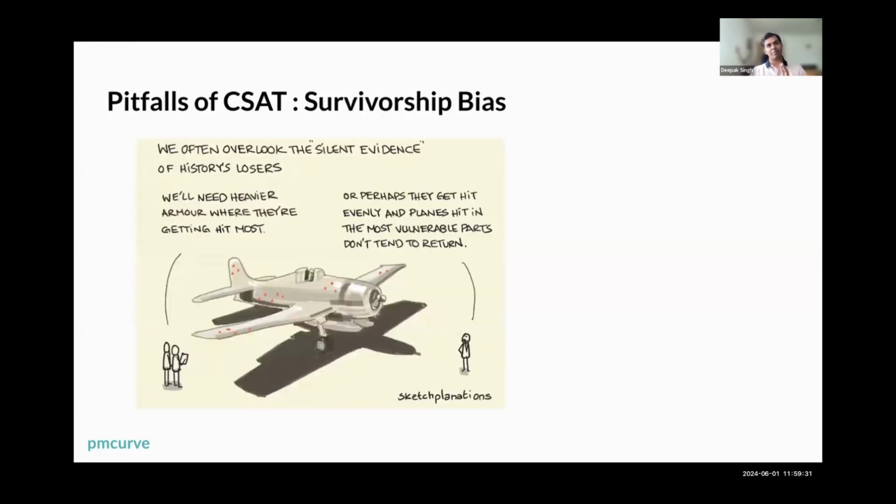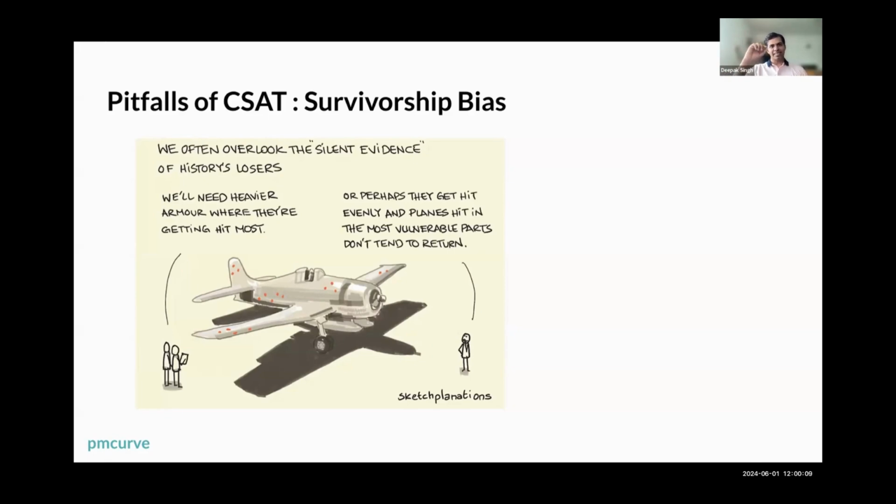The second is survivorship bias. And this is a very interesting story, which I wrote about three years back. It's from World War II, when the planes of the Allies went to war, then came back, and they were trying to figure out what the weaknesses were. They said, okay, we need to put heavier armor near the places where the planes are getting hit most. Because then even if more and more bullets hit those places, they won't penetrate these planes, right?